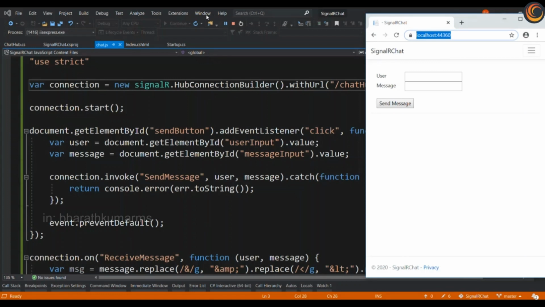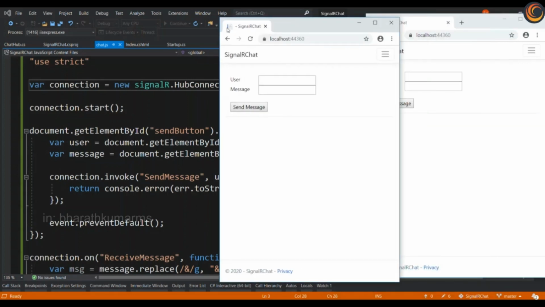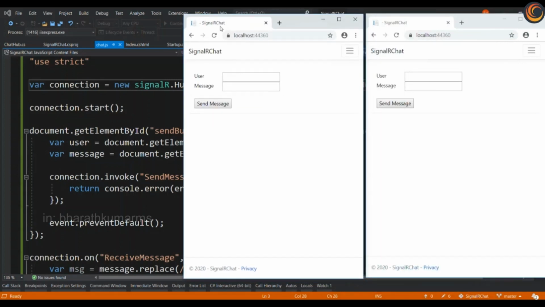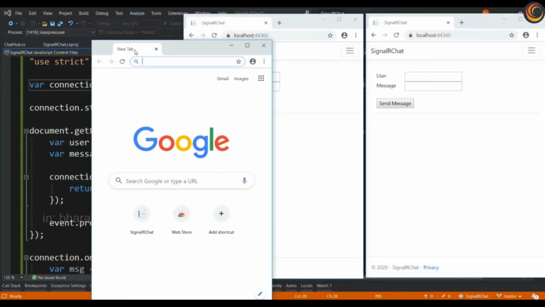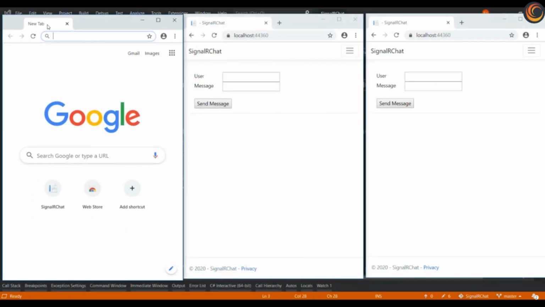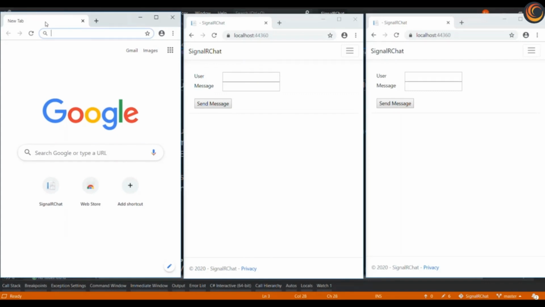Right, the first client is available. Let me duplicate it. And let me create another client who is just going to be an empty client. Now let's create a user.